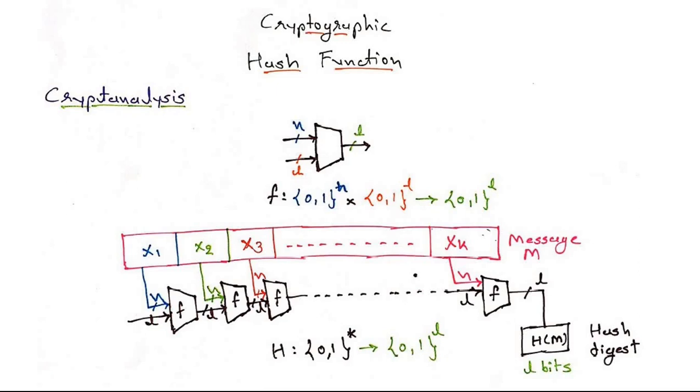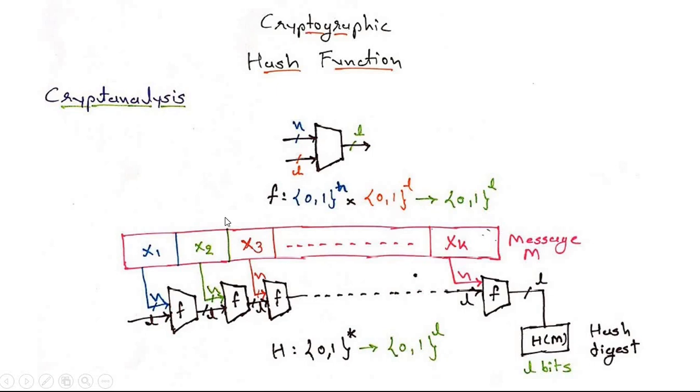Now we are going to discuss cryptanalysis. So what is cryptanalysis in terms of hash function? Whatever values we are getting with this size of L bits, we can conclude both of these: an n-bit message, plus we are giving one fixed length input. So after providing two inputs, one n bit data and one L bit data, in terms of output again we are getting the L bit data.